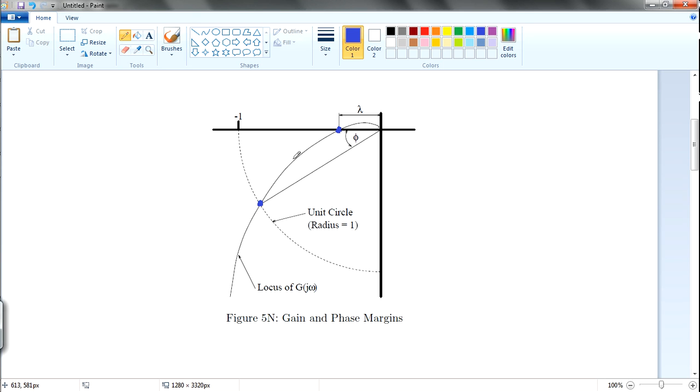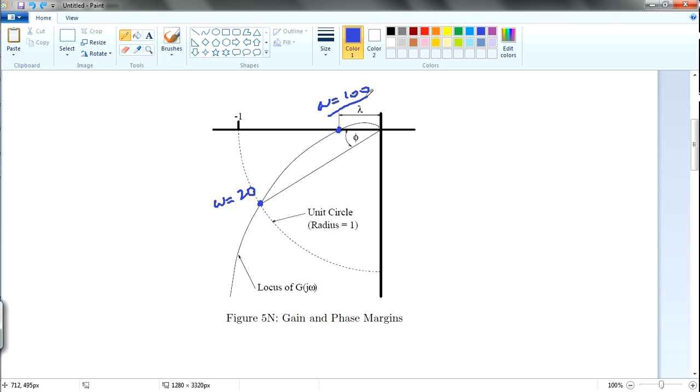Because here the frequency maybe is 100 and this is maybe 20. Because you're coming from omega equals 0 to omega equals infinity, as you go by, this value will become larger. So we have to compare which frequency is actually